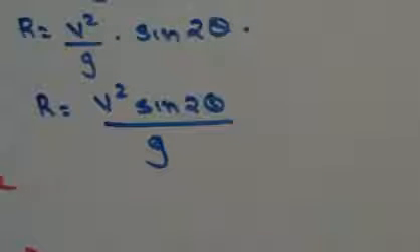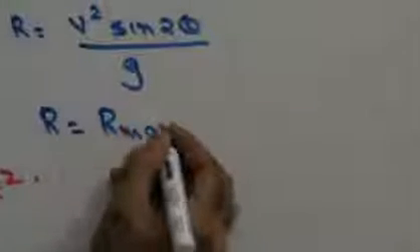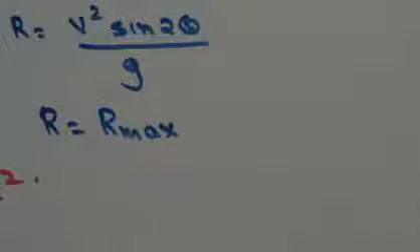Now, that means we see that with velocity and gravitation remaining constant, it is theta that will determine the value of range. Now suppose let us assume I want the missile to go maximum range. I want the missile to cover a maximum distance. I want R to be equal to R max. What is the maximum distance that my missile can cover?